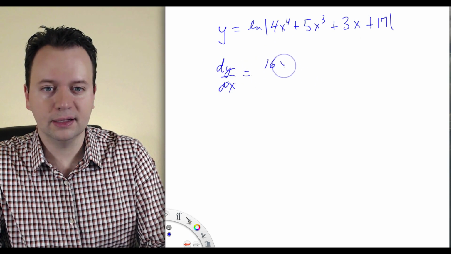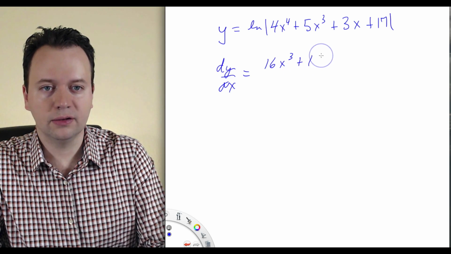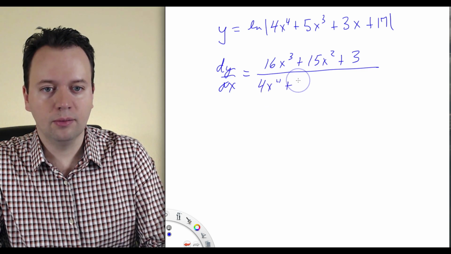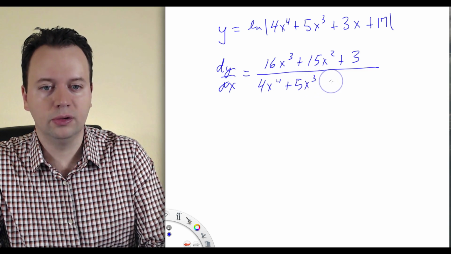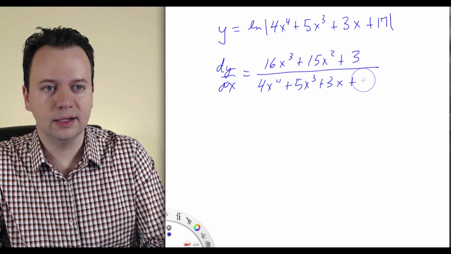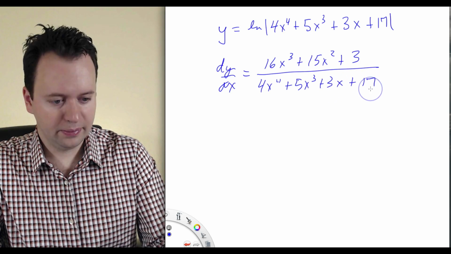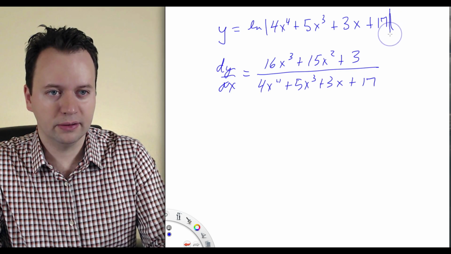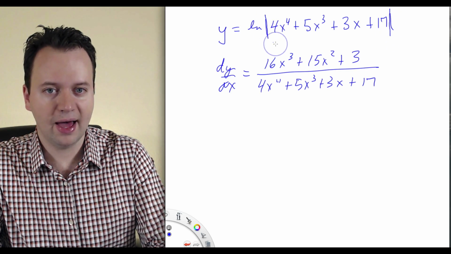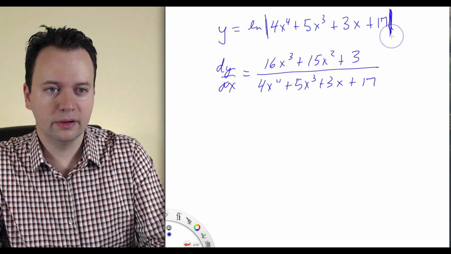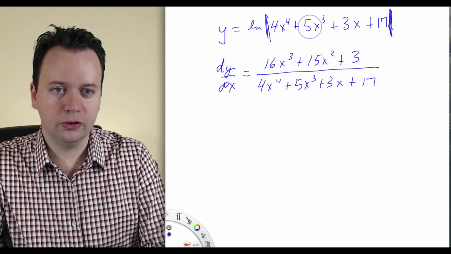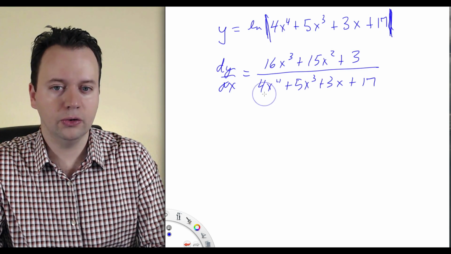So we just get 16x cubed plus 15x squared plus 3 divided by 4x to the 4th plus 5x cubed plus 3x plus 17. Okay, let me make this absolute value sign a little bit larger so we don't get confused. Right, so what we did was we just took the derivative of this inside function and divided it by the